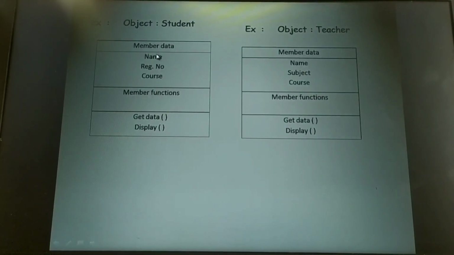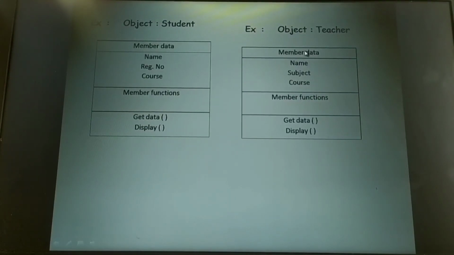Almost all students will have these as common characteristics. And what behavior can a student exhibit? Read and write. Here we have taken the member functions as get data and display. I'll explain what these member functions are, and why we have taken get data and display.